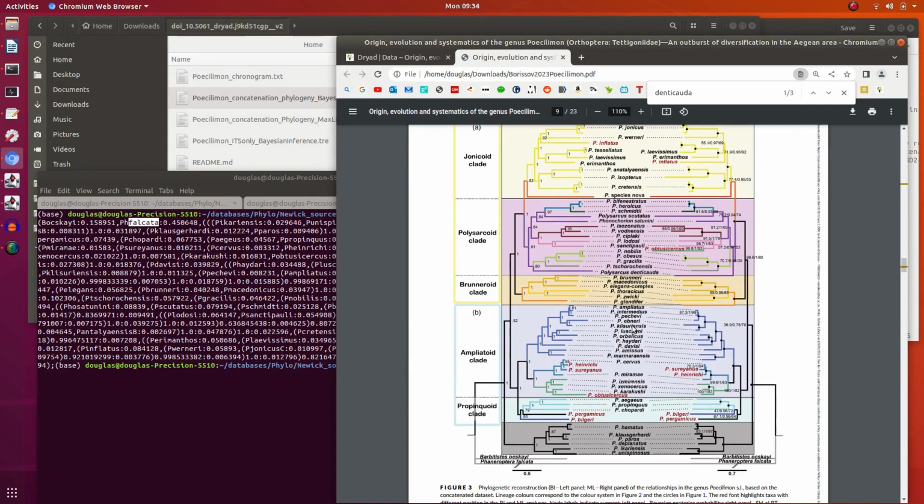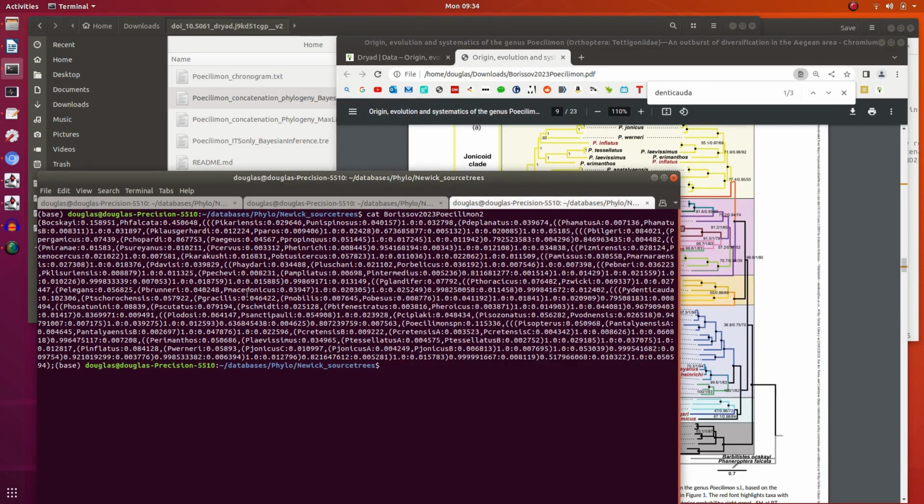abbreviation of the genus name, P dot space, then the species name, but in the tree file there's no character delimiting the genus abbreviation from the species name. Normally you would have at least a dot or a space or an underscore, so this just looks like one word. And unfortunately it complicates